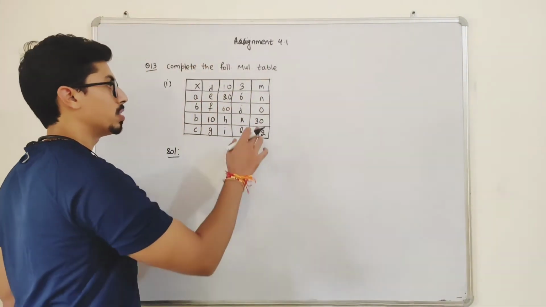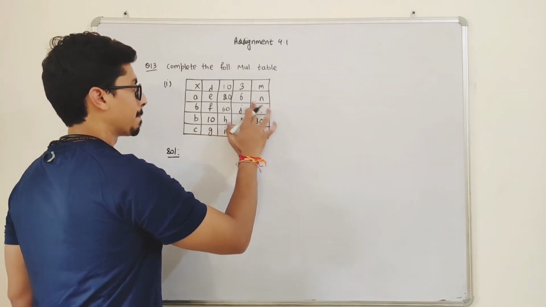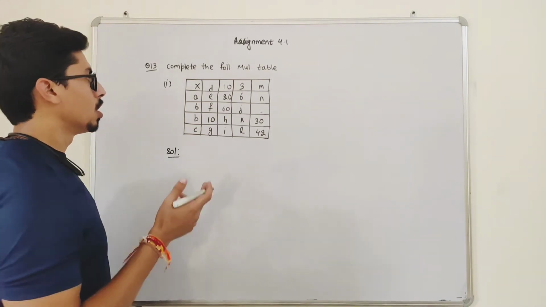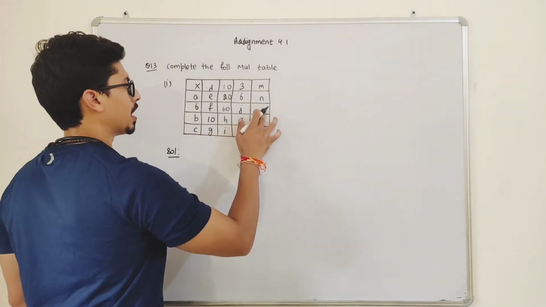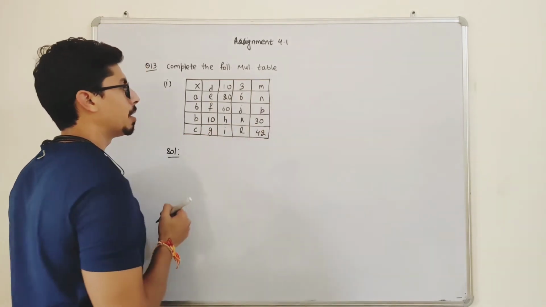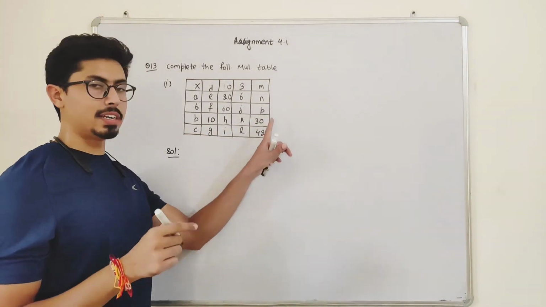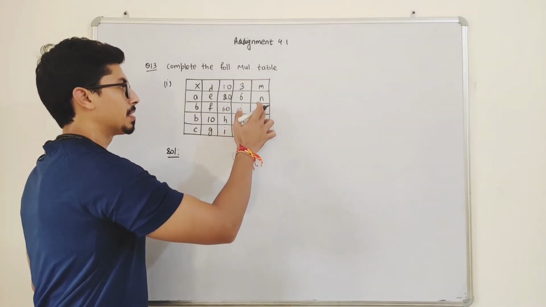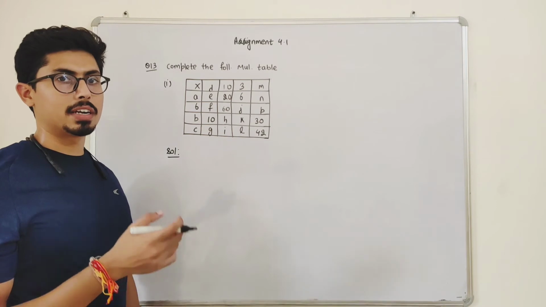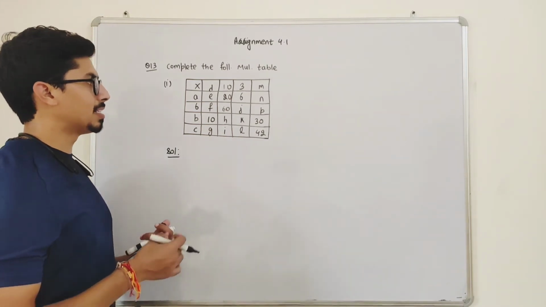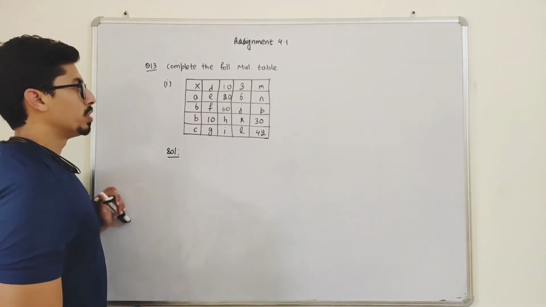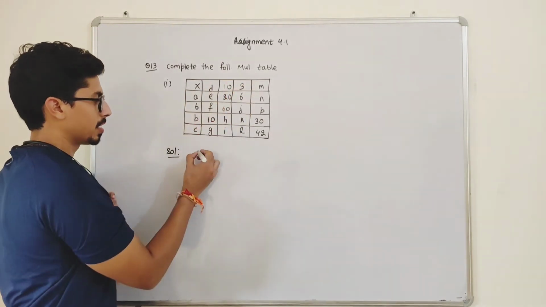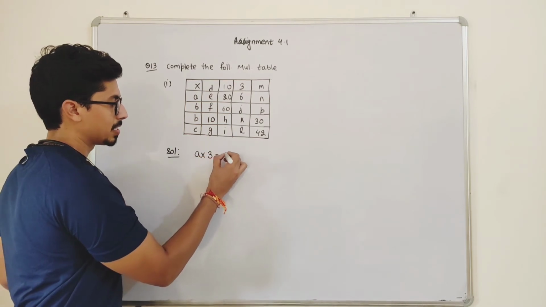Sorry students, it is not 0, it is O. So just do one thing, it will be confusion for all of us, so name it some other letter. Let it be P, because if I write O, it can be a misunderstanding that I have already taken it to be 0, so I just name it P. Okay, so students, see, A into 3 is 6,